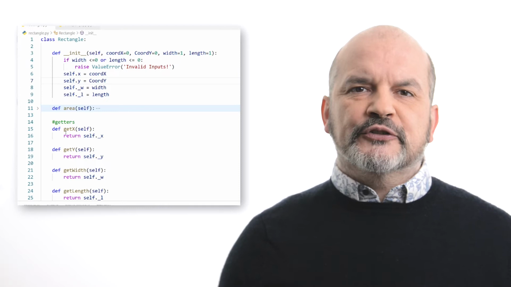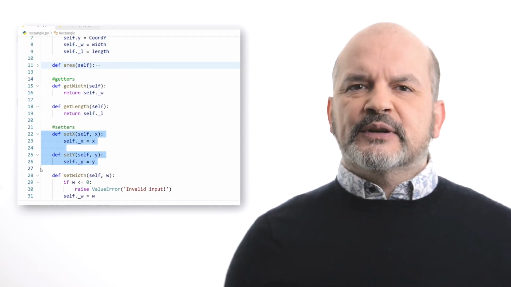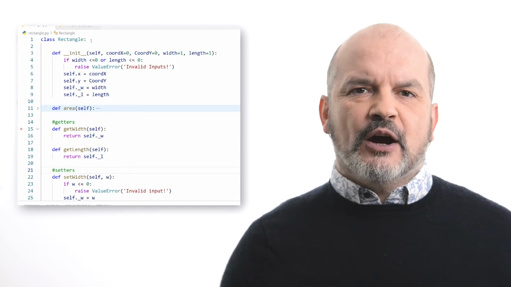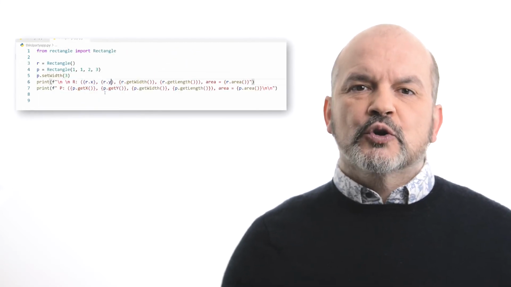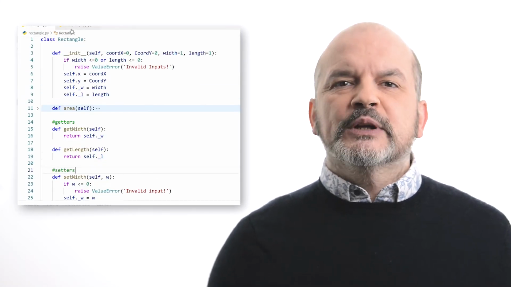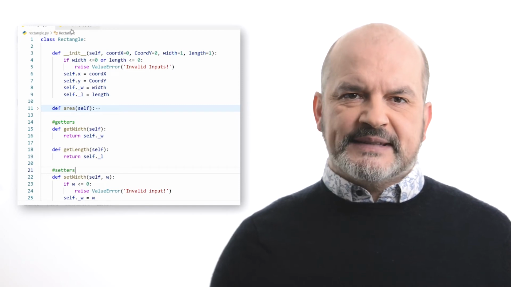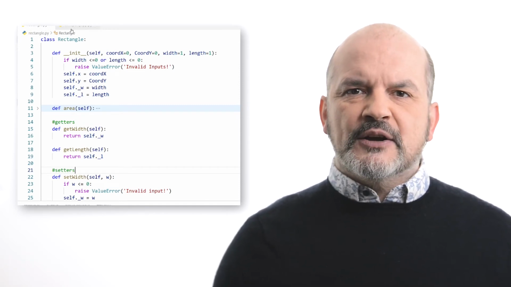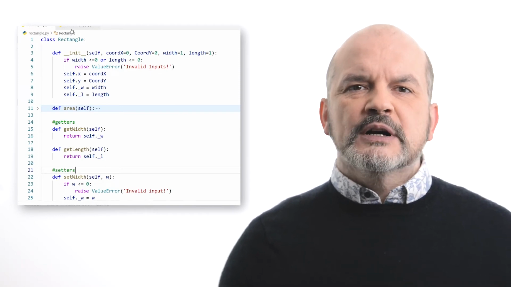How do we decide that a method or an attribute should be protected? This is a design decision. For example, looking more closely at the attributes _x and _y, we can see that the getters and setters are not doing any checking of inputs. In fact, these two attributes should be public. On the other hand, there are restrictions that apply to the width and the length. We made the design decision that we can read and modify them, so we need to provide getters and setters. We can see that the setters need to check the input, and therefore these two attributes should be protected.